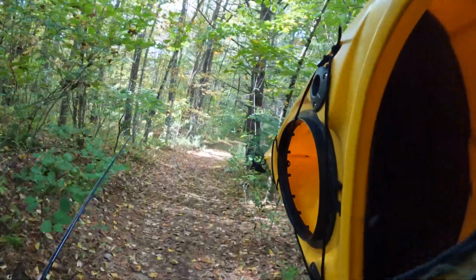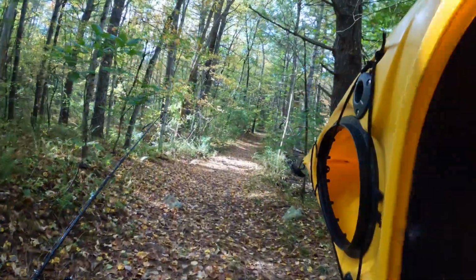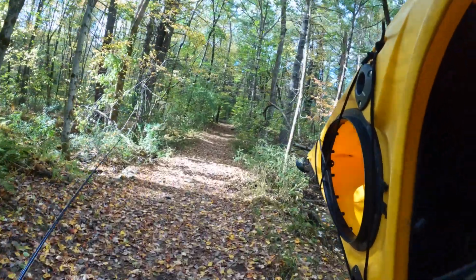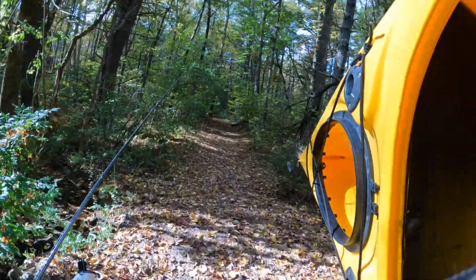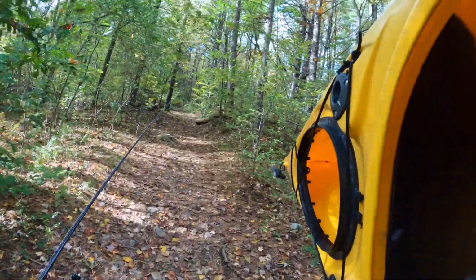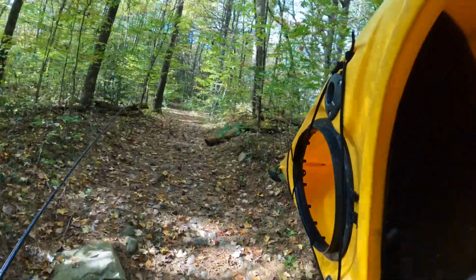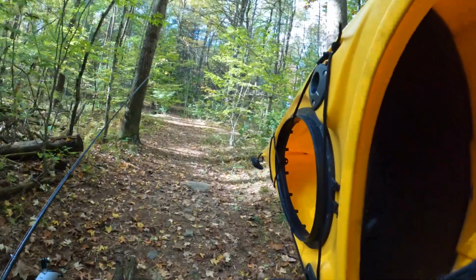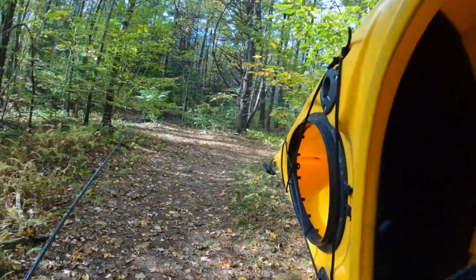So I could do this with a boat cart. There are some portions that my little kayak cart wouldn't do well, going over some rocks, a couple little stream bridges that I have to cross over. So I'm carrying it. I have seen on this trail someone with a canoe, and they had this homemade boat cart with giant oversized wheels, and that seemed to be doing pretty well on this trail. But my kayak weighs about 40 pounds,